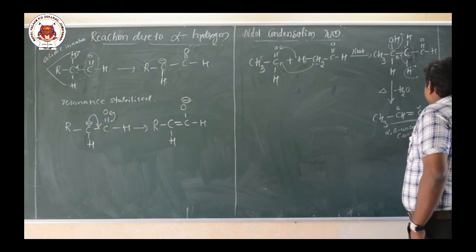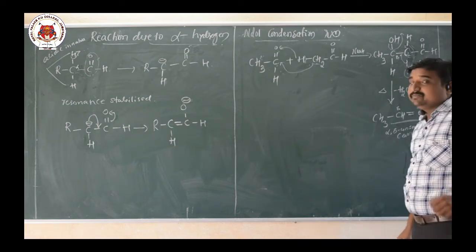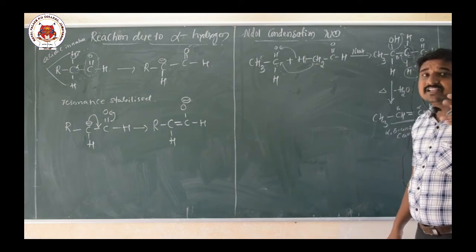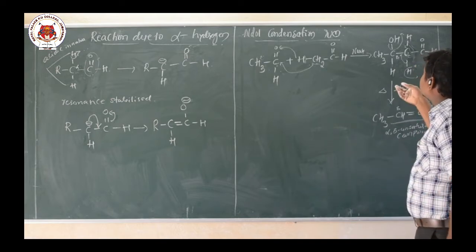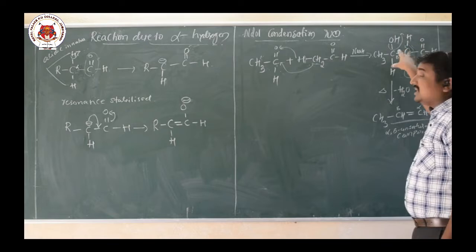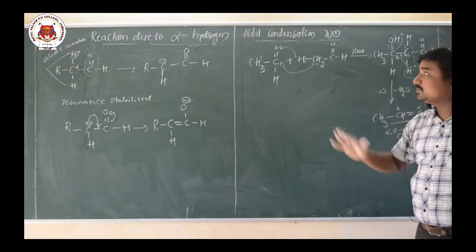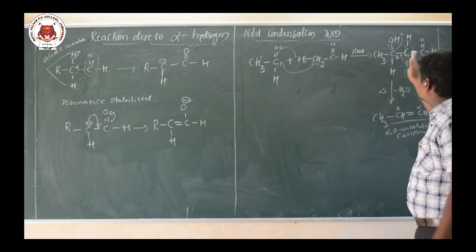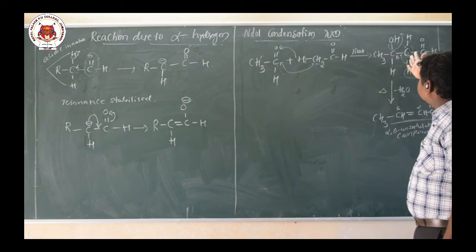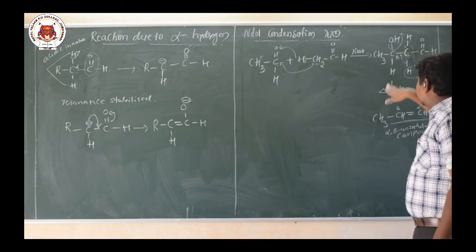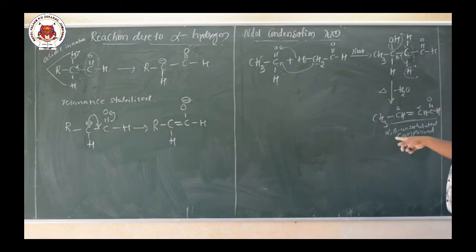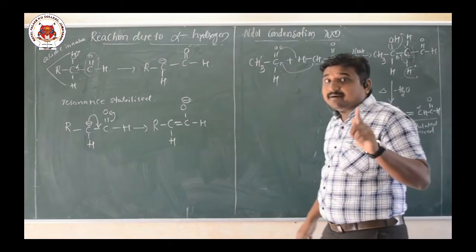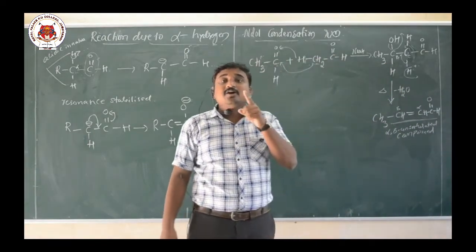See here, the first thing, aldol condensation reaction is a condensation reaction between two same aldehydes or two same ketones. So there is a formation of a beta hydroxyaldehyde or beta hydroxy ketone. Here I have taken an aldehyde example, hence there is a formation of beta hydroxyaldehyde. Again that beta hydroxyaldehyde will undergo condensation. On heating, elimination of a water molecule takes place, and there is a formation of an alpha beta unsaturated compound. So this reaction is called the aldol condensation reaction.